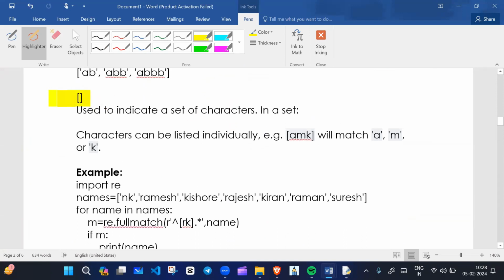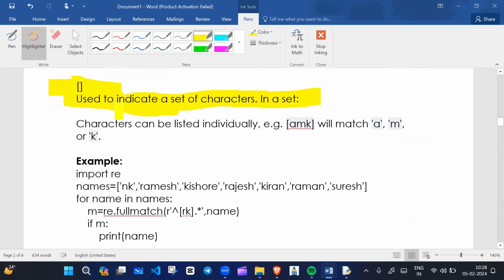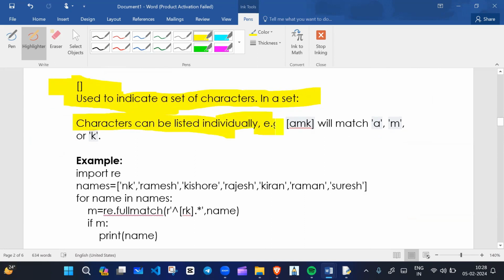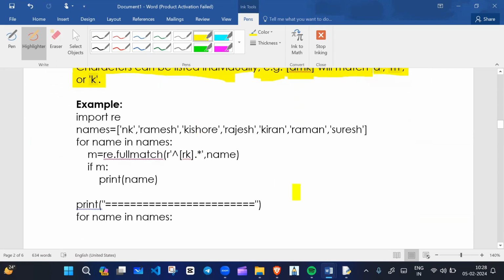Now, what is the use of this square bracket? It is used to indicate a set of characters in a set. For example, characters can be listed individually, e.g. AMK. AMK in square bracket will match A, M, or K, right? For example,